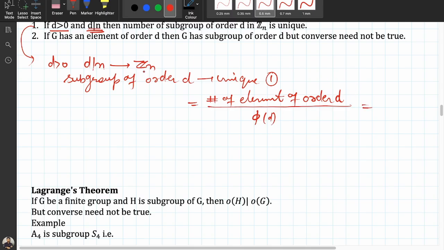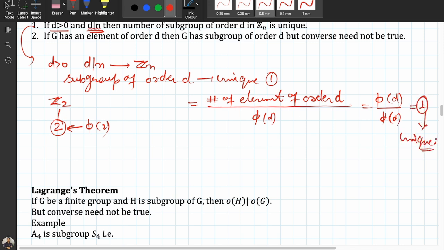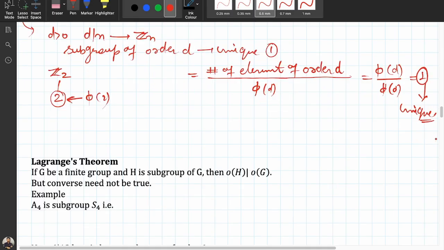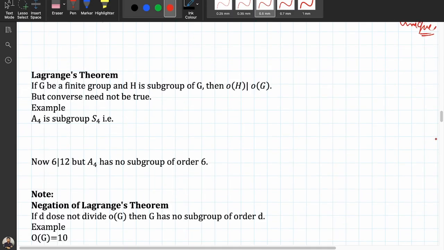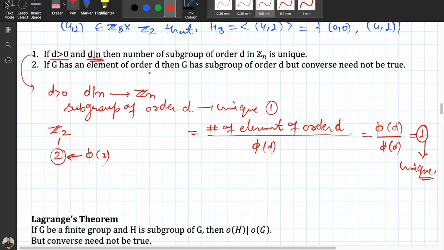If D divides this, for example, Z2. It is Z2. And I'm talking about D, order 2. So 1 and 2. Only one element will be there. I'm talking about this. If it is a divisor of this or not, then it is what? Phi of. Now how many elements of order 2? That is what? Phi 2. And I'm dividing also with phi 2. So phi D divided by phi D is going to be 1. It is nothing but unique in number. Only 1. So Zn has a unique subgroup of order D, if D is a divisor of n. Next result. If G has an element of order D, then G has a subgroup of order D, but the converse need not